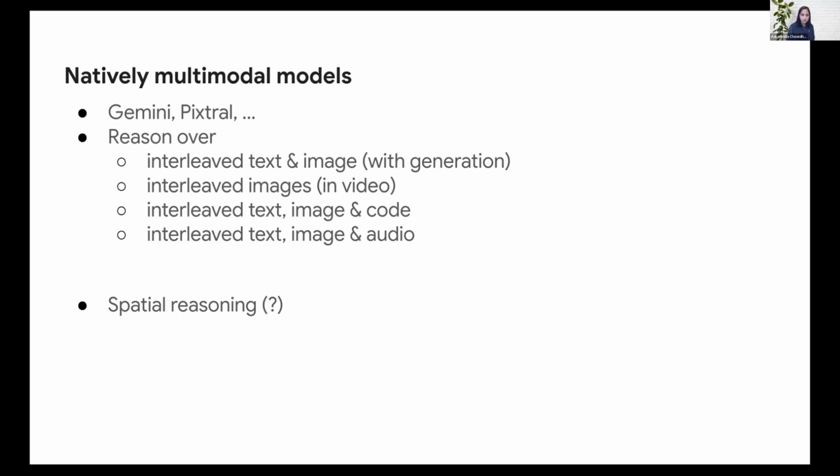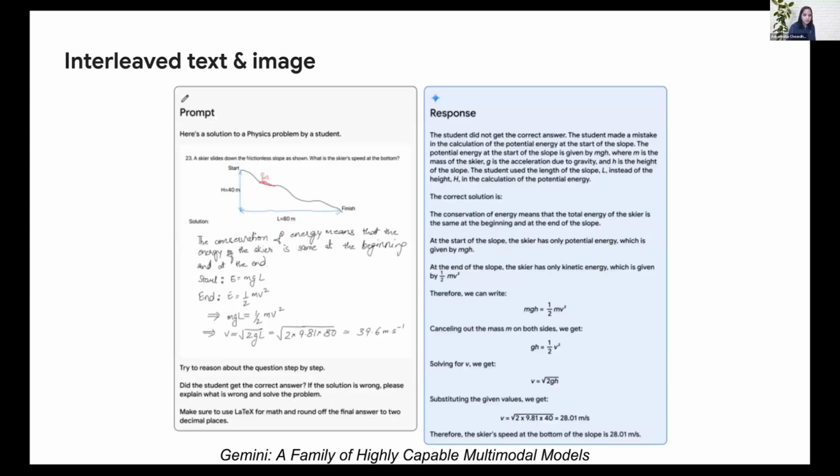Though there have been questions whether these models can really see things within an image, and whether they can do any spatial reasoning. So let's take a look at each of these and what it means for these models to be natively multimodal. In December last year, and in an updated report in February this year, the first example presented in the Gemini technical report is one where the model is asked to verify the student solution.